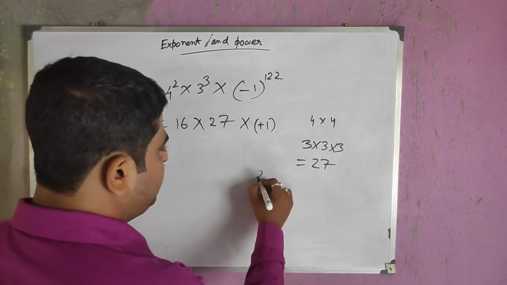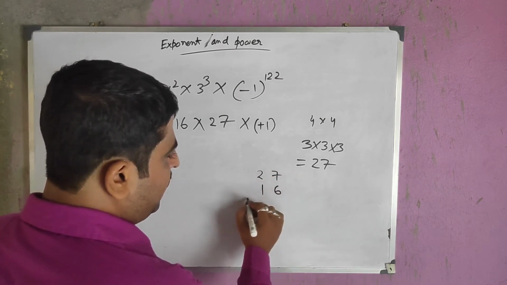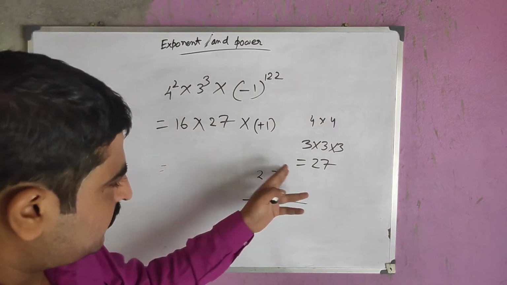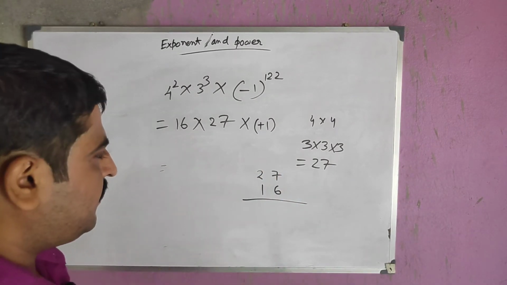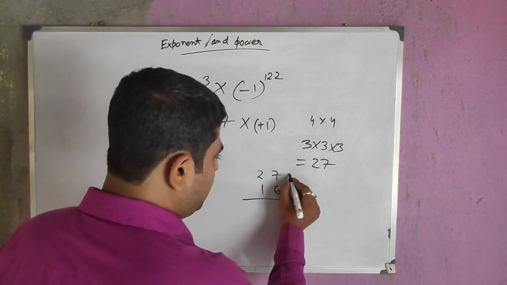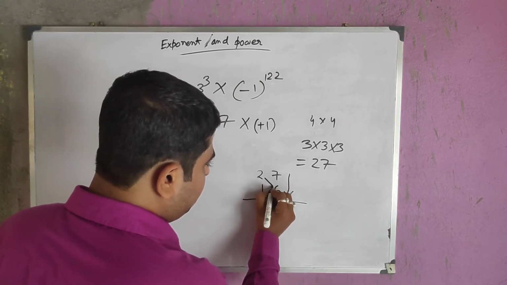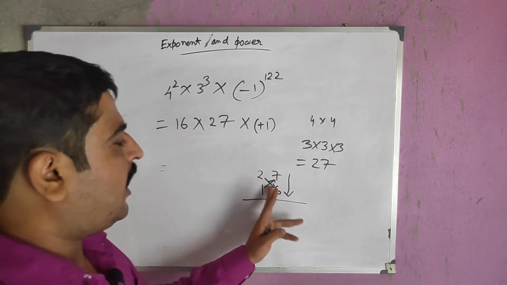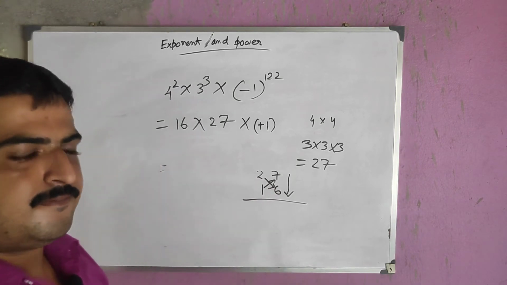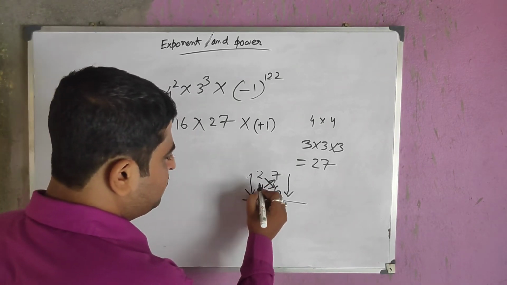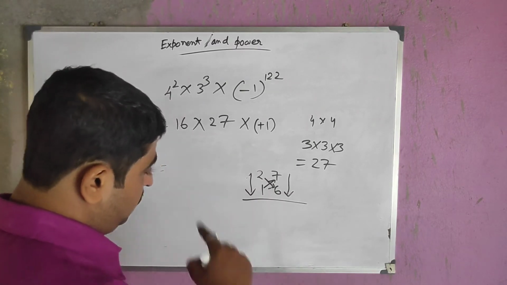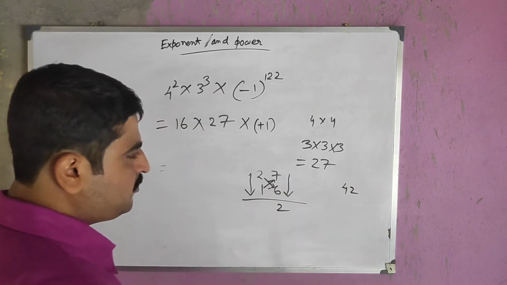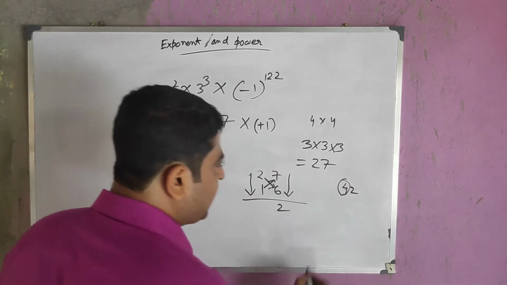So we have to multiply 27 and 16. Now you see, there is a very easy method to multiply a 2-digit number with a 2-digit number. First you multiply this vertically, then this cross one. When you are multiplying this cross one, add them. Then again multiply this vertically. So 7 6 are how much? 42. 7 6 are 42. 2, carry 4.